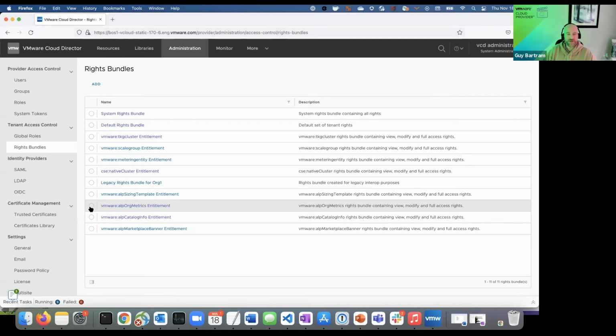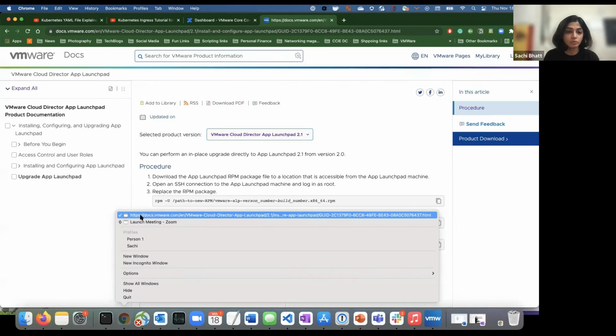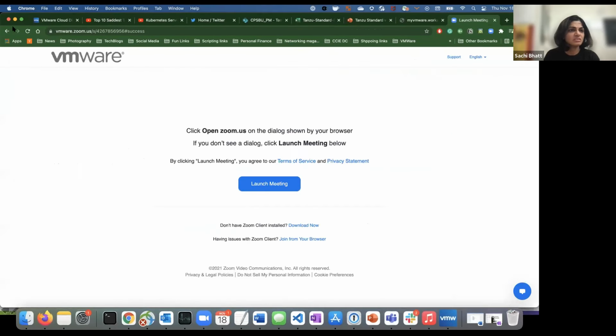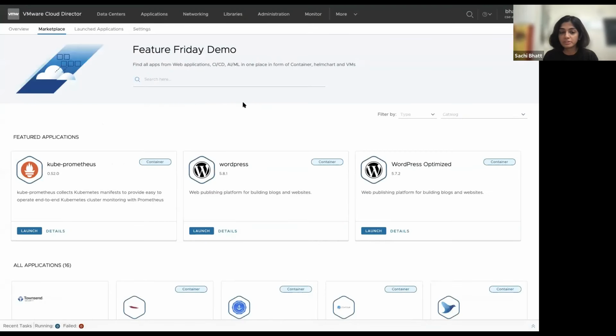I mean, you're basically giving the customer their own tenant app to make it look and feel their own, which is really nice. Yeah, exactly. These are the added capabilities for providers, and I'll navigate back to the tenant portal.